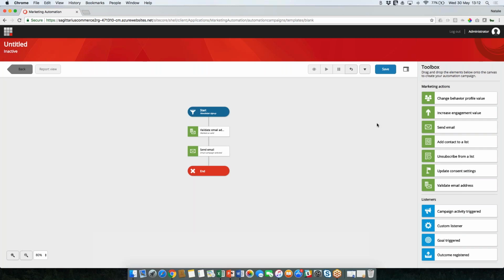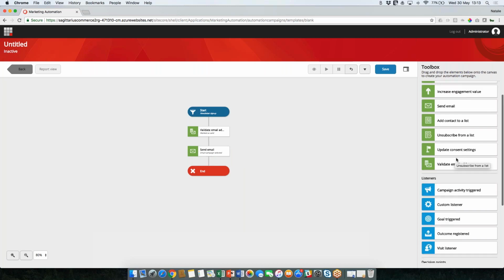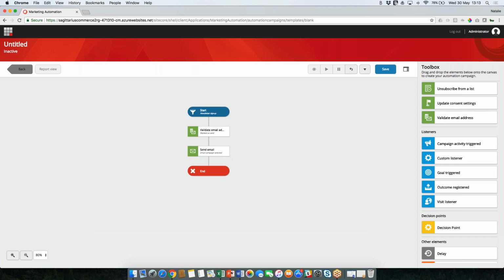And then I'm going to start making some decisions with these users. So my users completed their form, they therefore triggered the goal. I validated their email, and then I've sent them an email. And the reason I'm sending them an email is because I want them to confirm they're happy to receive the monthly newsletter. And to do that, I'm going to make use of one of these listeners. The listeners essentially